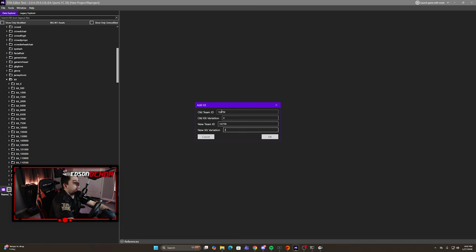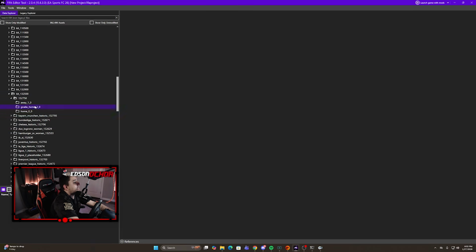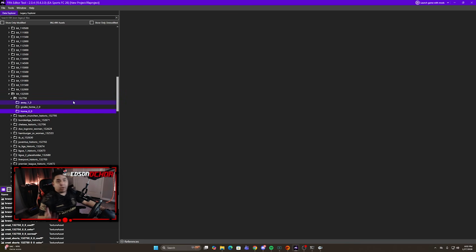132750, and you're going to put 2 for the goalkeeper kit. So you press OK, you're going to go back here, and you will see you do have away, goalie, and home. As I said, what this does technically is it copies and pastes a particular asset folder and links it